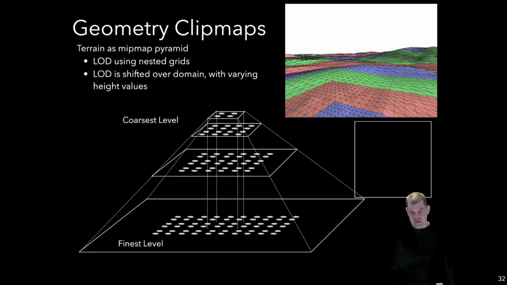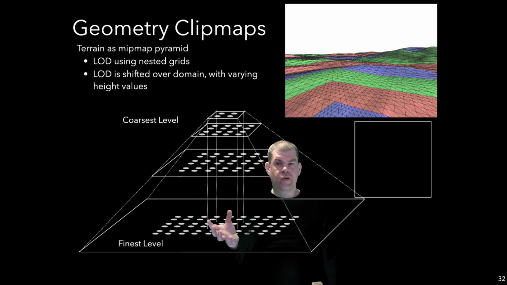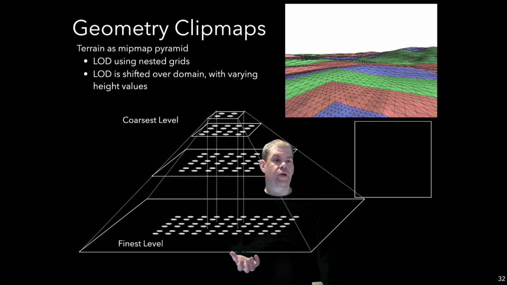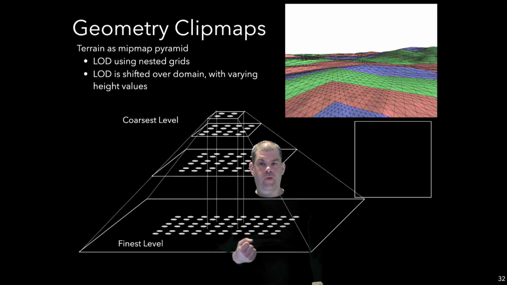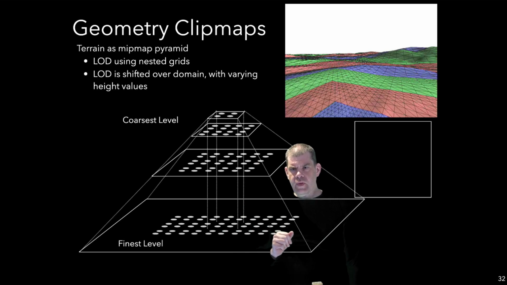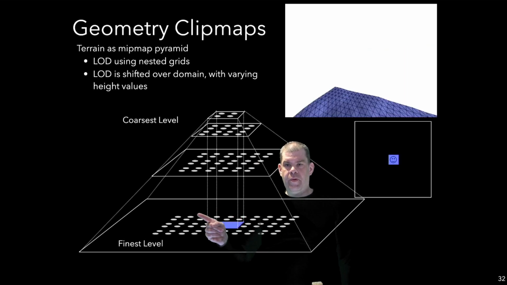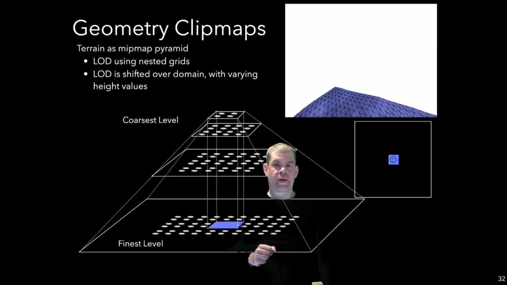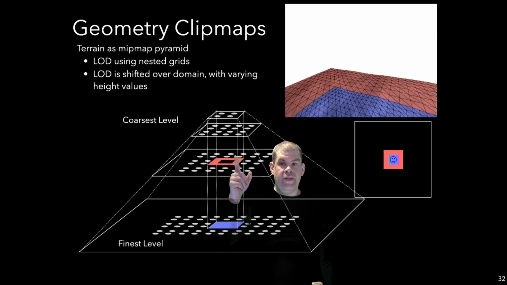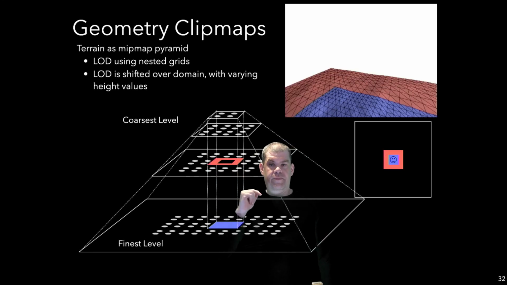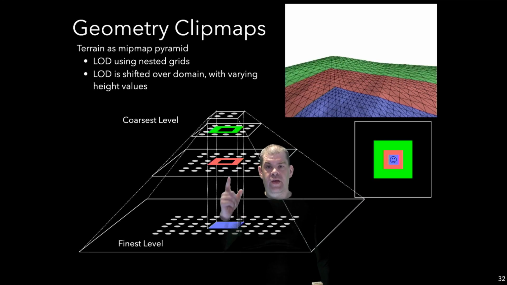Now notice that I didn't just pick, I don't know, 8 by 8 values or so. I created this kind of cone, this kind of brick here through all of the levels, and that's very important, because in a clip map, I read from the bottom here. I read a bunch of pixels from the bottom, and then I store them in a map. So this is this center part here. And then I read another set of pixels, but in this level here. Okay, so I read a ring of pixels in this level, maybe just a one pixel wide ring, and that's stored around this. Then I read a 1 pixel wide ring here, and then I read a 1 pixel wide